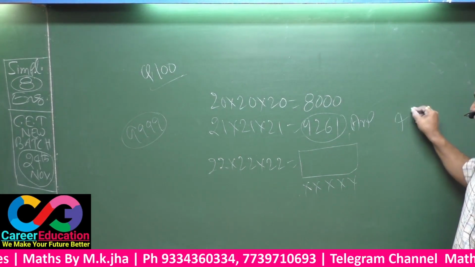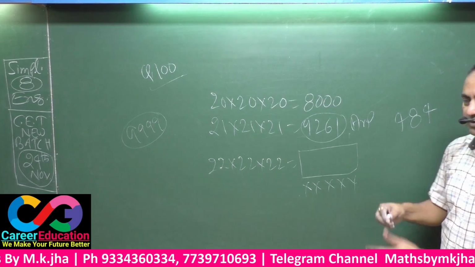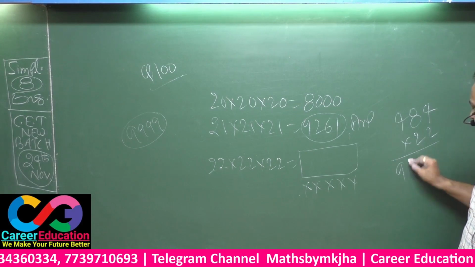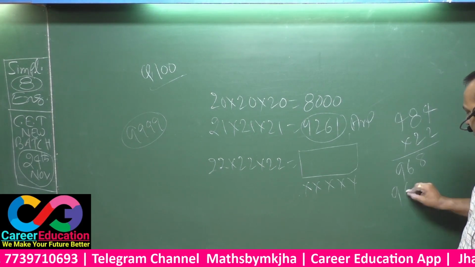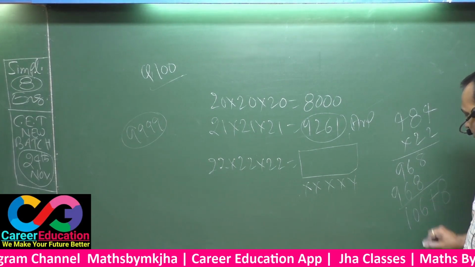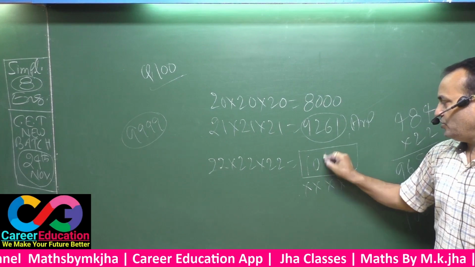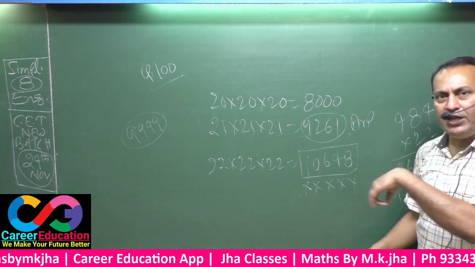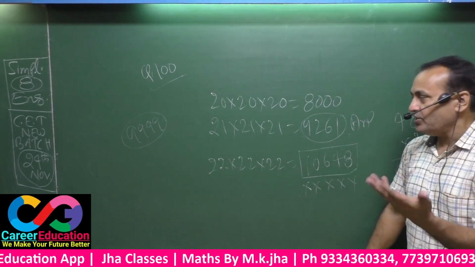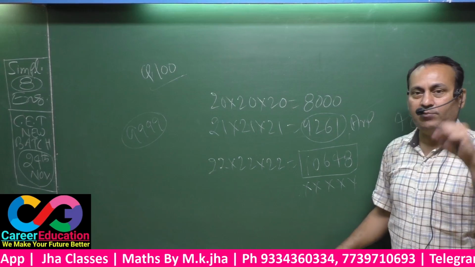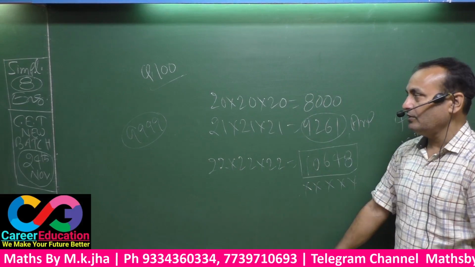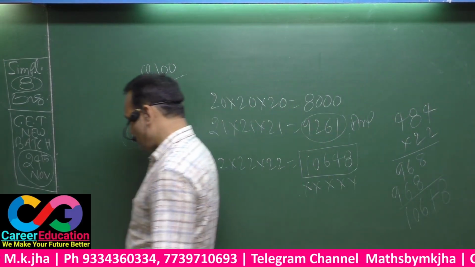20 into 20, 484. A square of 22, that is 484. Again, this must be multiplied by 22. See here, you got 8, 4, 6, 10. That means 10648. This is certainly a perfect cube number, but having 5 digits. That means this can't be your answer, as the question setter has asked you only to say the biggest cube number of 4 digits. That means 9261 is your answer. Note down. This is the complete explanation of question number 100.